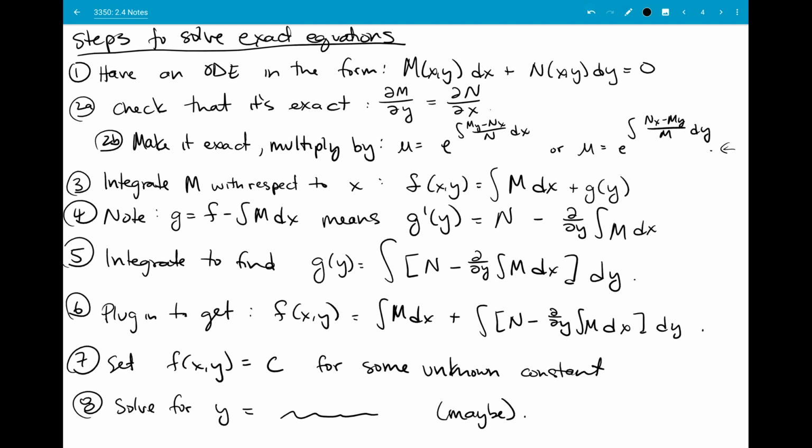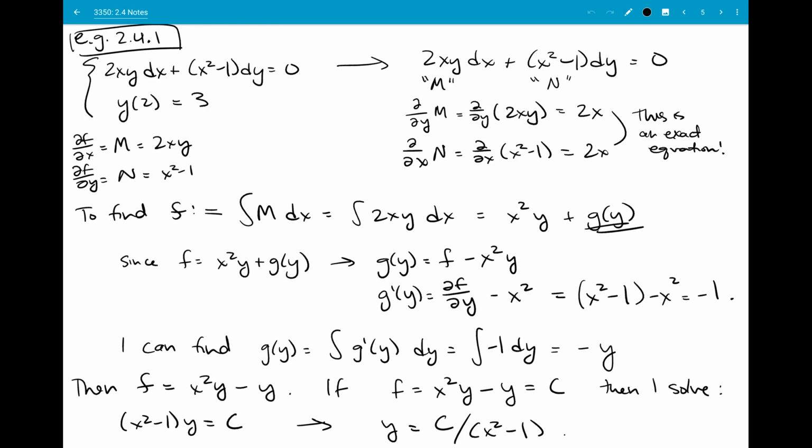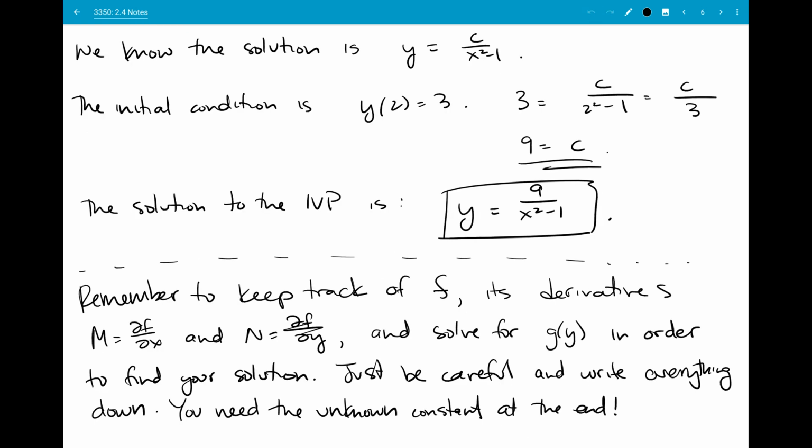This step right here we filled in later. But it was a lot to take in at once, so we jumped right into examples. And our first example was an exact equation, and we were able to work through all the steps and find a general solution. And then since there was an unknown constant, we were able to solve for that constant in our initial value problem. And then I gave a word of warning that there's a lot to keep track of, so you need to be careful and write everything down, and to remember that you need an unknown constant at the end,